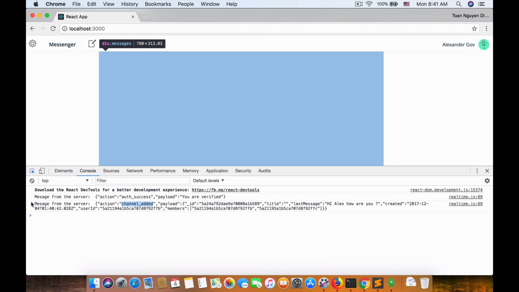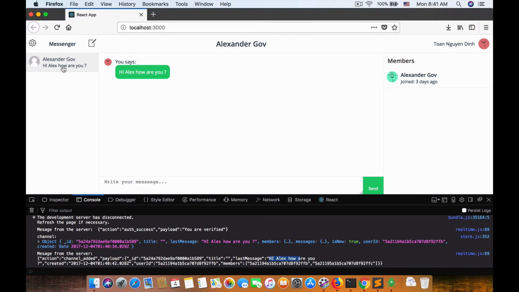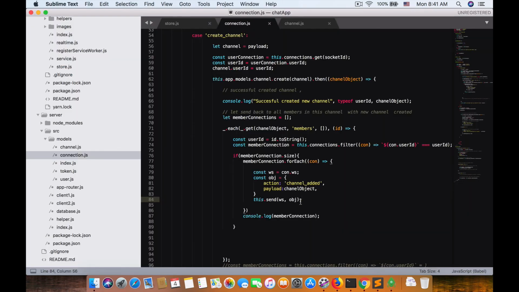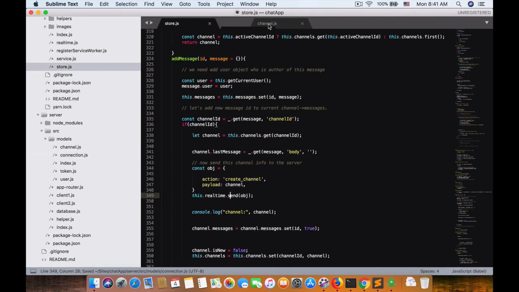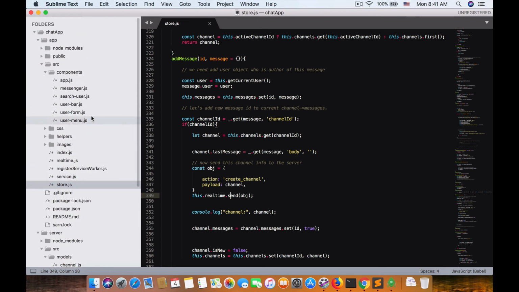Cool. So we can do it by using this method and insert a new channel to Alex's browser, and also an update in our current me browser. So wow, this works, and here now send to socket client matching user ID in channel member. Cool. So here we need to close connection and close channel, and now I am working in the React app,